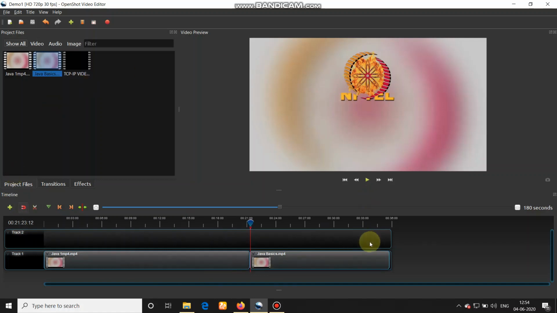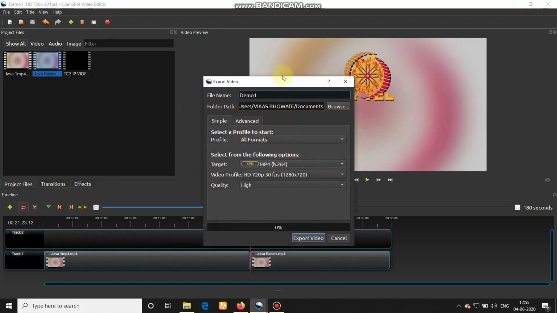How to export the merged videos? You will see the red button over here. You just need to click on this particular button. A window will pop up.